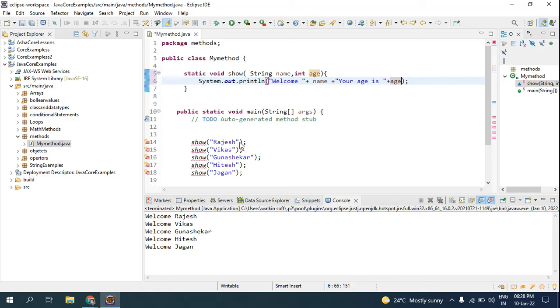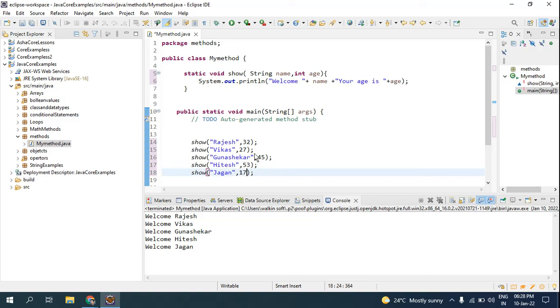So here I cannot use strings because it gives me error, because the second parameter is of int, so I have to use the numbers or integer data type. So for Rajesh I'll give it as 32 years old and Vikas as 27 years old. For Gunashekar as 45, and for Hitesh let it be 53, and for Jagan let it be 70.